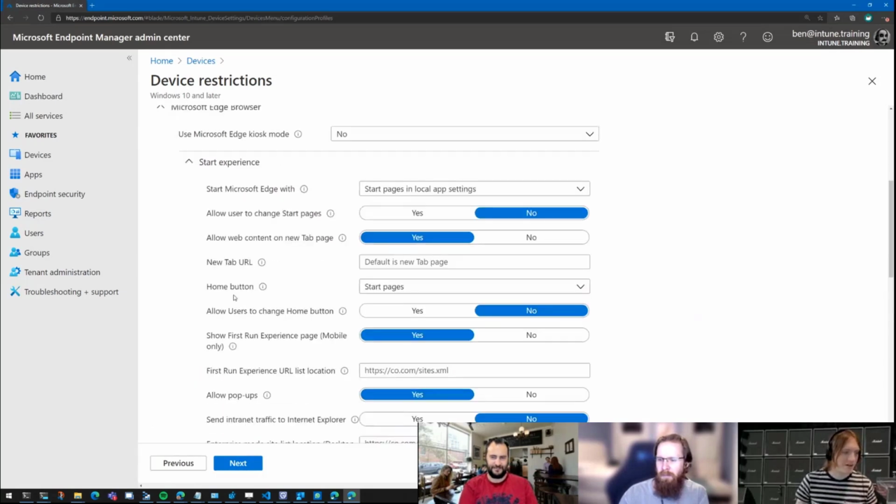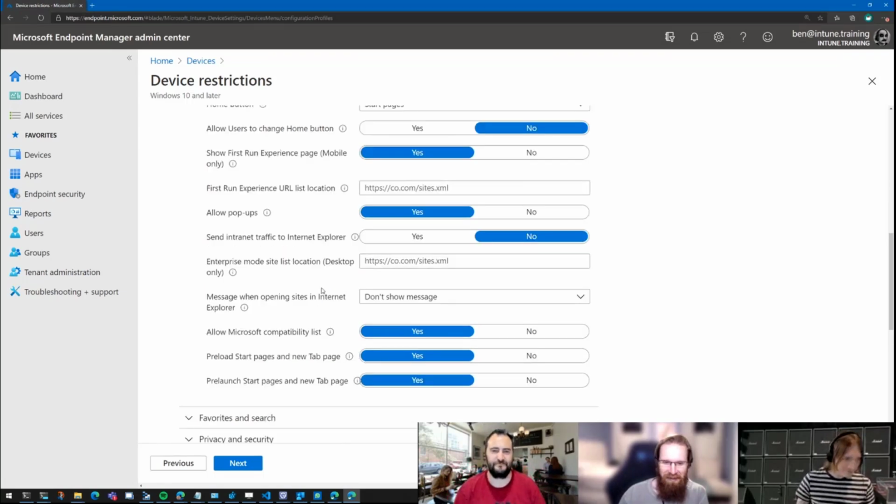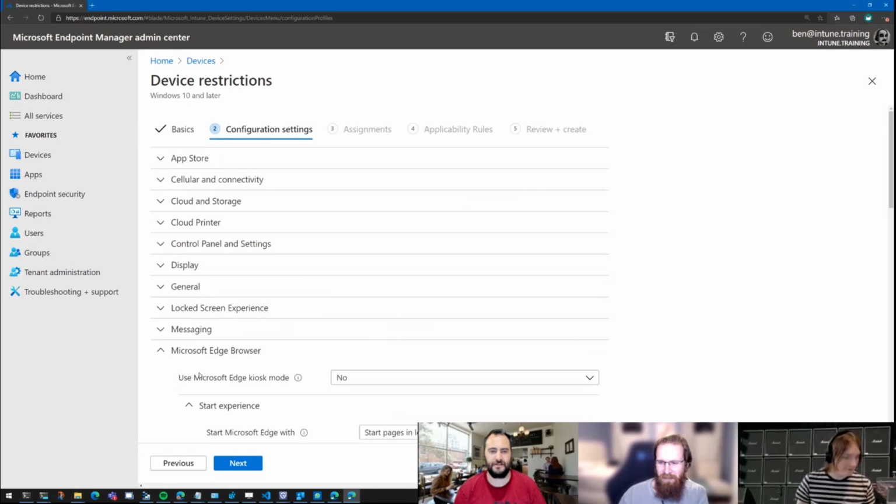You've got some start experience stuff, and basically what I've found is that I'm getting a lot of people coming back to me saying that we've set all this up and it's just not applying. Why doesn't it work? What is this rubbish that you've sold us on? And then I just need to go and show them the correct way. So first rule, and the reason why it's wrong, this is going to set the legacy version of Edge,